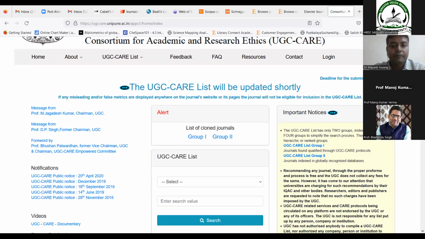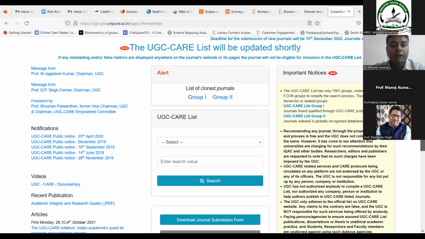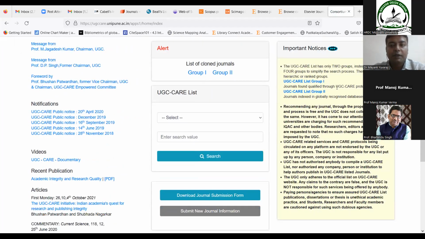You need to create an account to get access to this database, and after you have created your account, you need to log in. And here you will find that it categorizes or lists journals into two groups. The first one is Group 1 and the second one is Group 2.